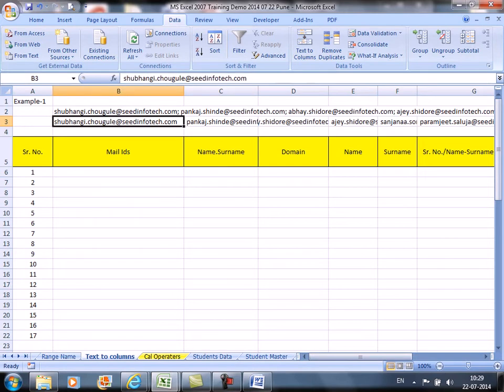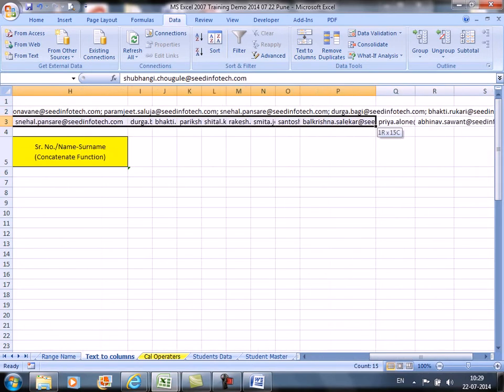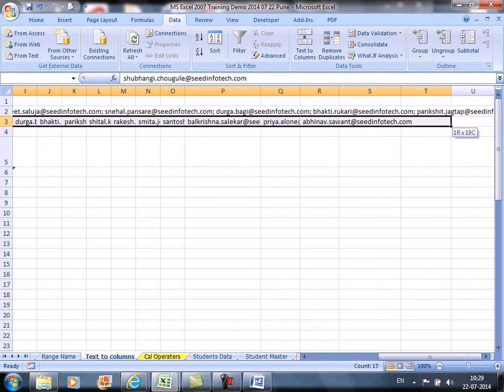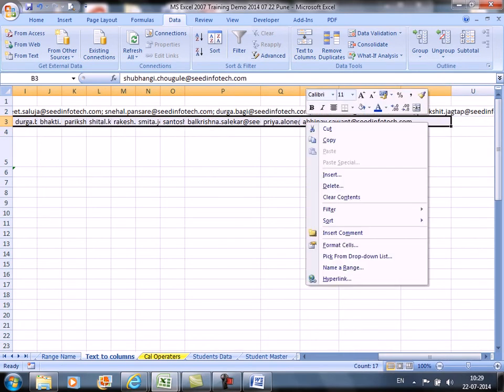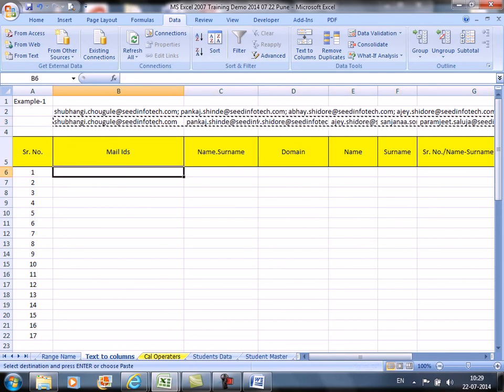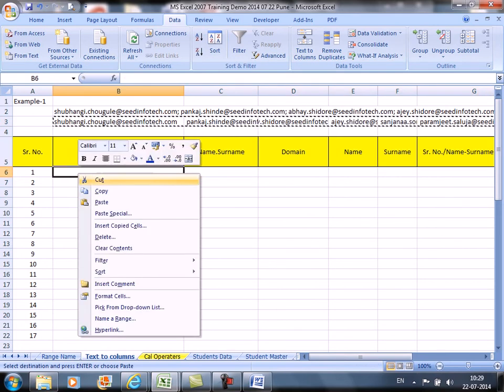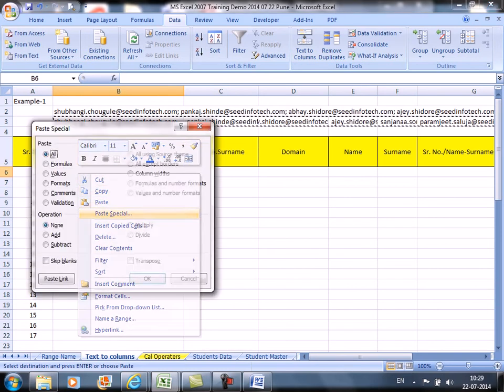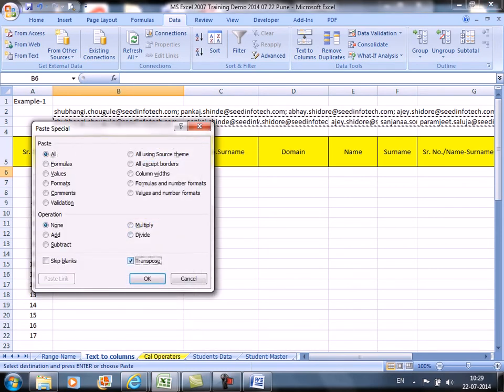Now I want to transform these contents into a list. So select all these cells which you have separated, copy it, select a cell where you want to make a list of it, right click on it, go to paste special, click on transpose.